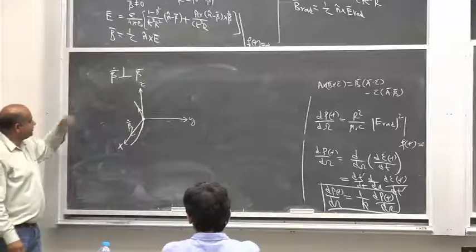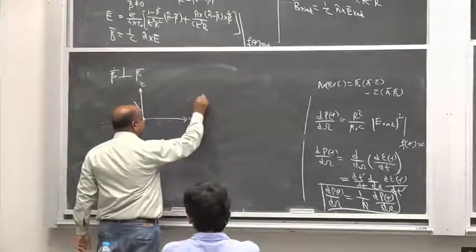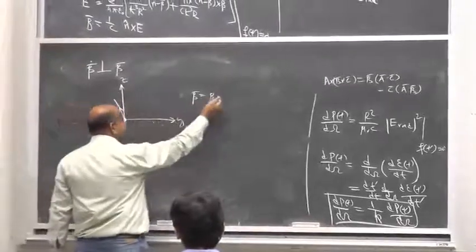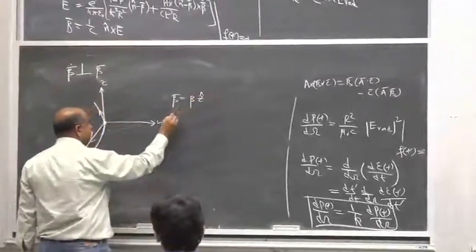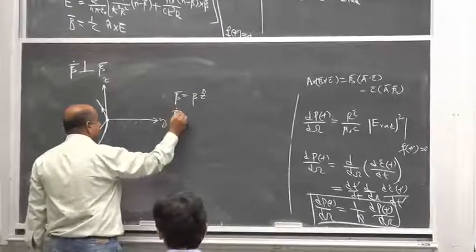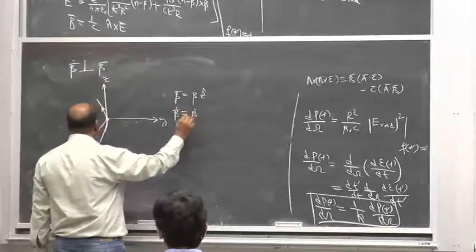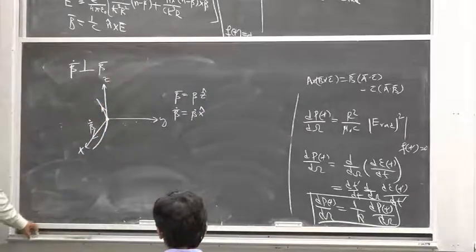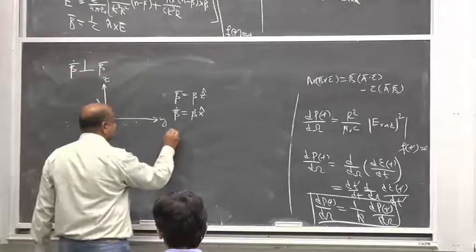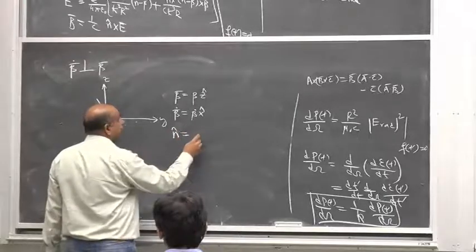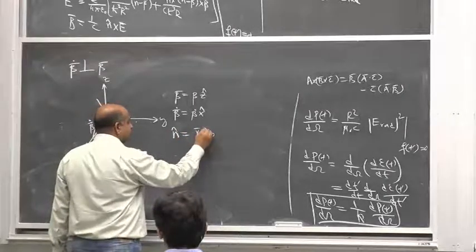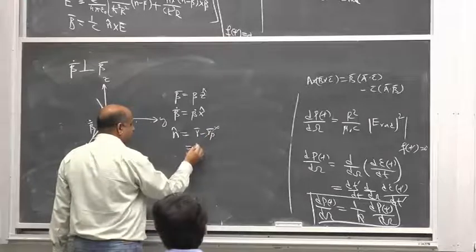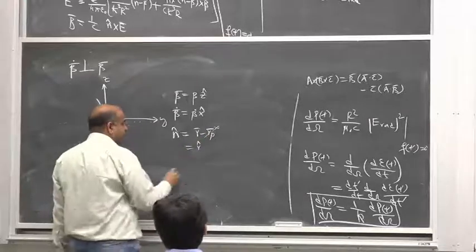For simplification, let's take that beta is along the z-axis at this instant, and acceleration is along the x-axis, and n is a general vector which is r minus rp, but I'm taking rp to be 0, so n is nothing but r hat now, which is